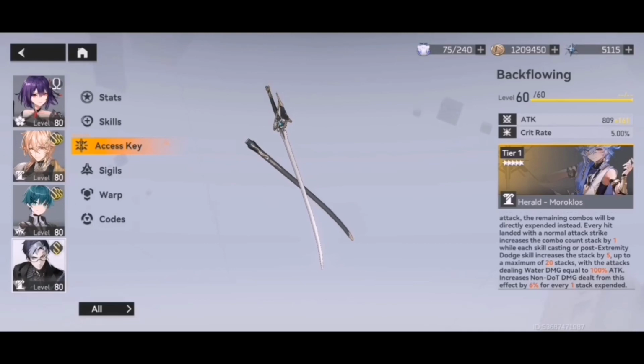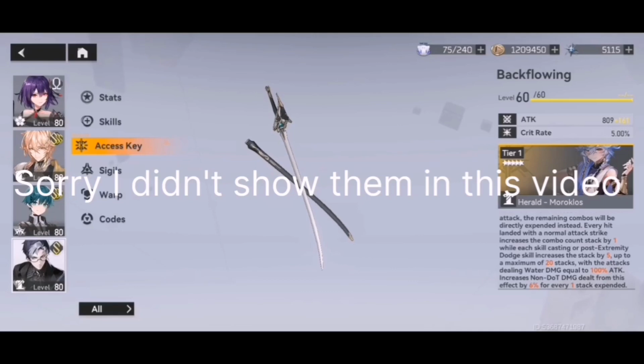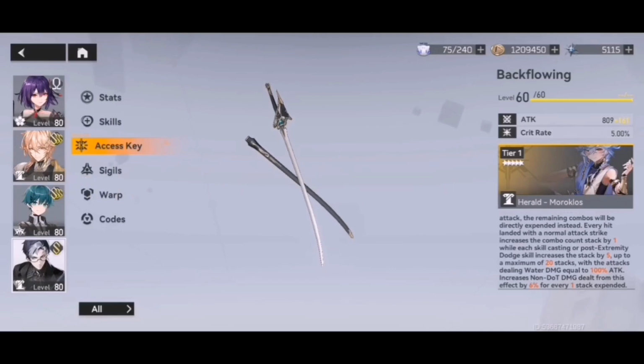But if you do not have Moroclos, which is a signature Functor, there are some other Functors you can use which are open to him, like the 3-star Functor Hippo, which can increase his crit damage by 16% at Transcendence 5. I feel everyone should have this at Transcendence 5 because when pulling for characters you get this for free. You can also use the 4-star Lapis because this increases skill damage whenever you trigger a dodge effect,